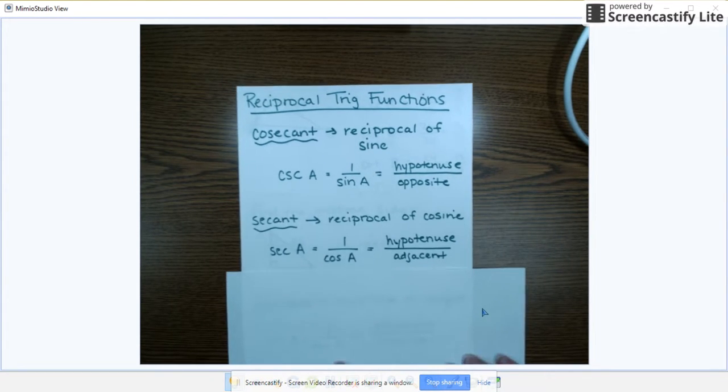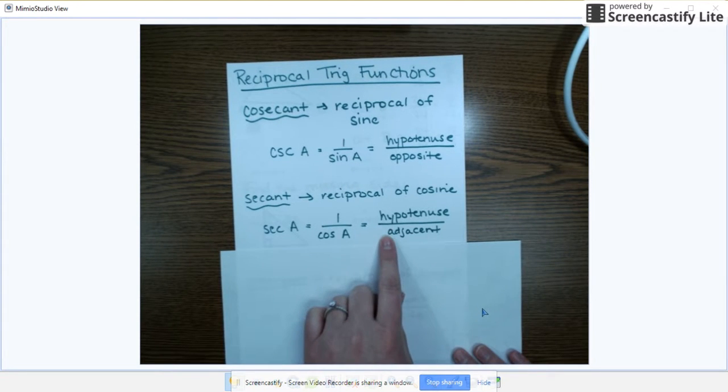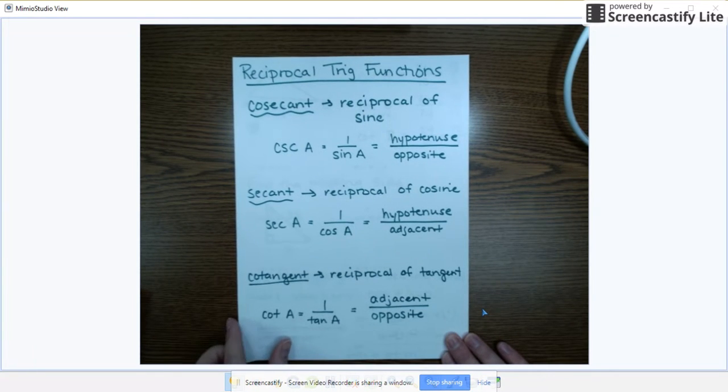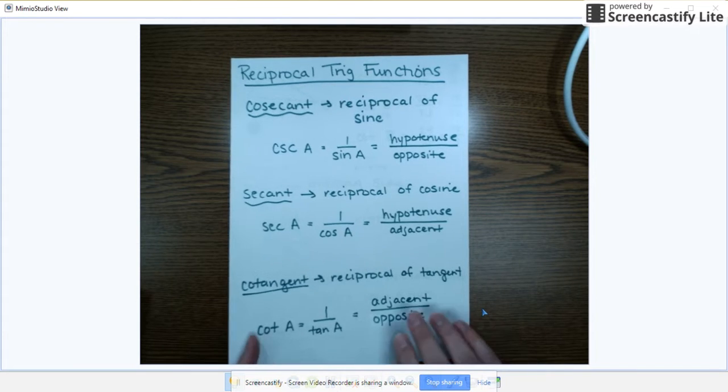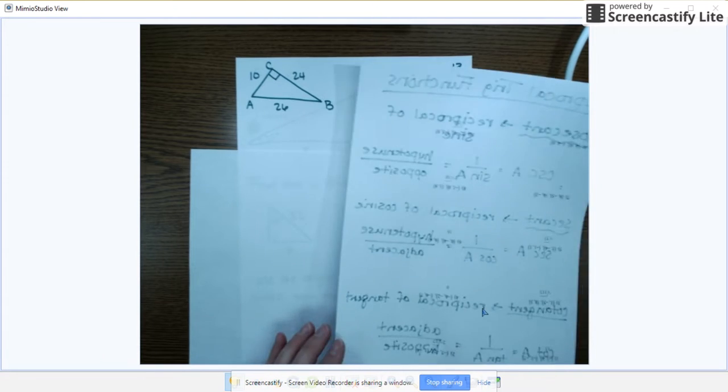Secant is the reciprocal of cosine. So 1 over cosine, that's hypotenuse over adjacent. It's abbreviated SEC. And then cotangent is the reciprocal of tangent, abbreviated COT, and that's adjacent over opposite. So I have another triangle